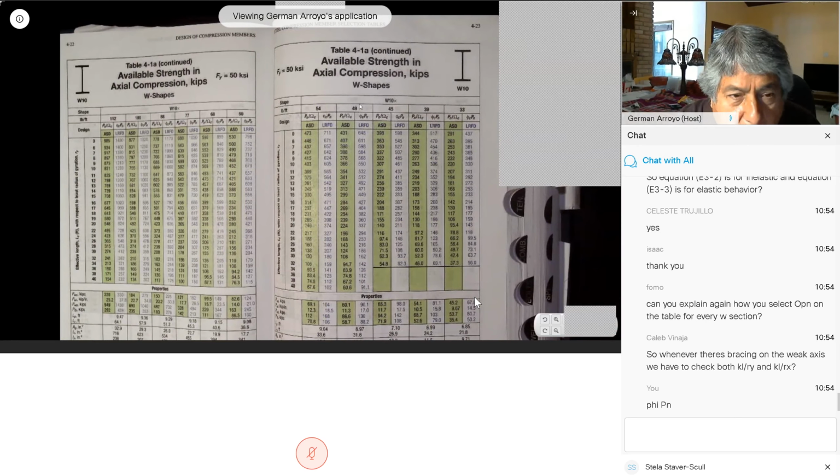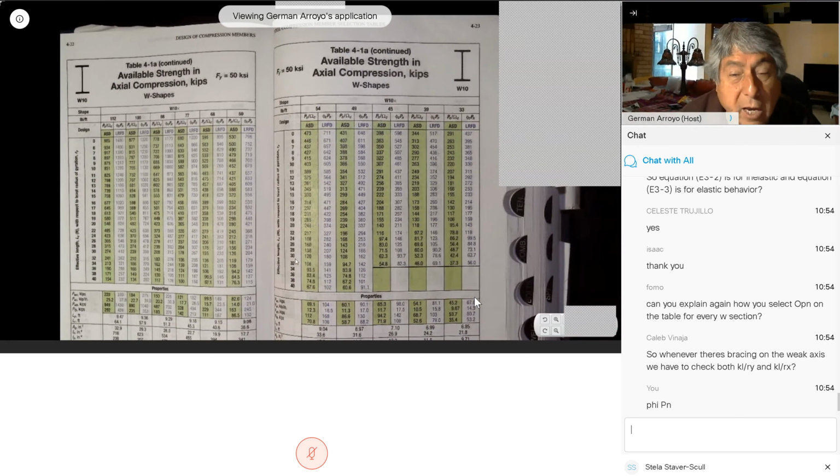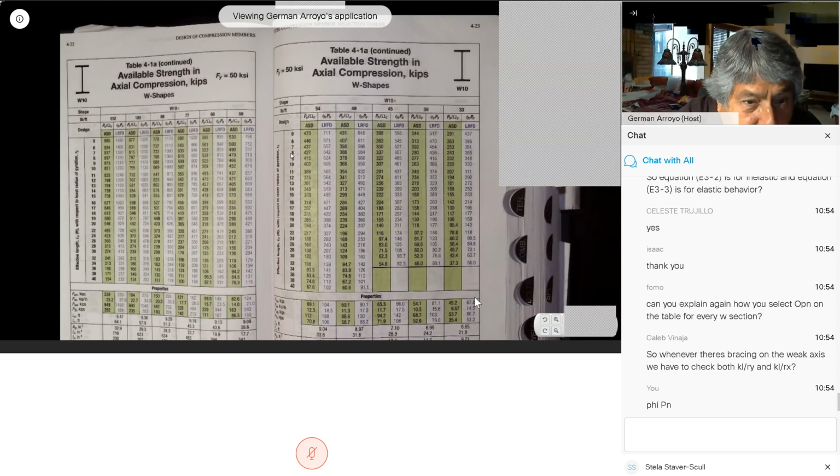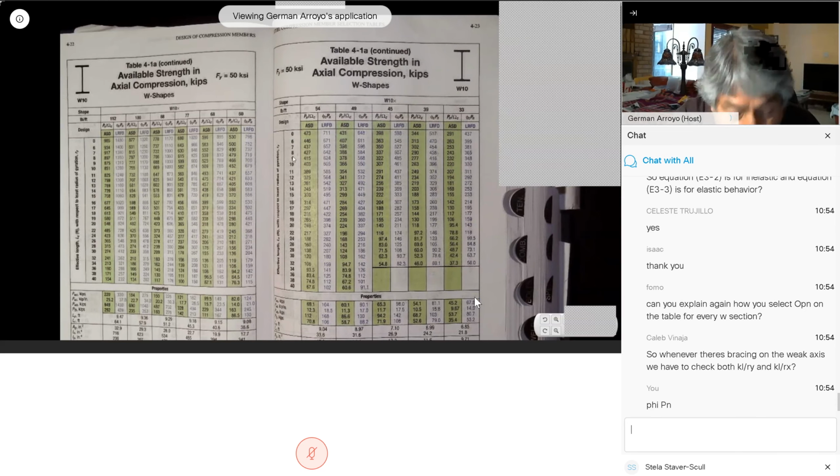So no matter what, at that time, we don't know if it's the strong or the weak axis that controls. So we always go with KLy. And in this case, we had KLy equal to 8. And we were looking for Pu of 840. So look, a W10 by 54 for KLy equal to 8. It gives me,